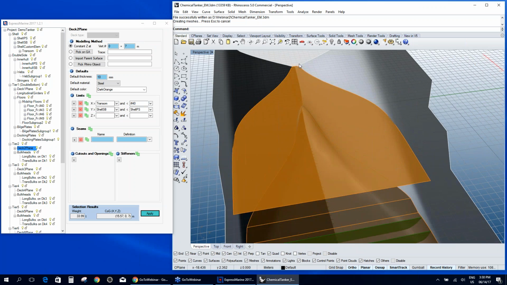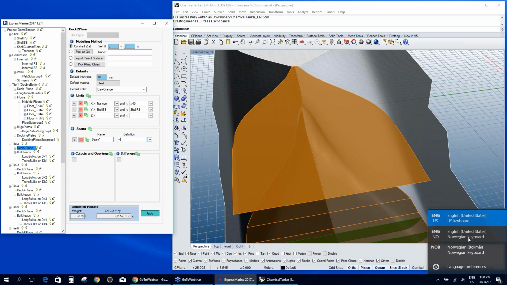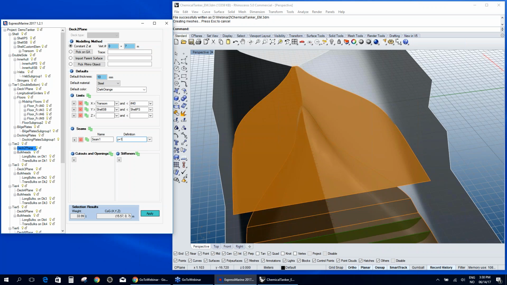And maybe I can show you how to add a seam. In the seam box, we can give a name to the first one. Let's call it seam 1. And let's say that we add a longitudinal seam, which runs parallel with the central line at a distance of 1 meter. So the format for that would be y equals 1. Just a second to change the keyboard. Okay. So y equals 1. And now if we apply,